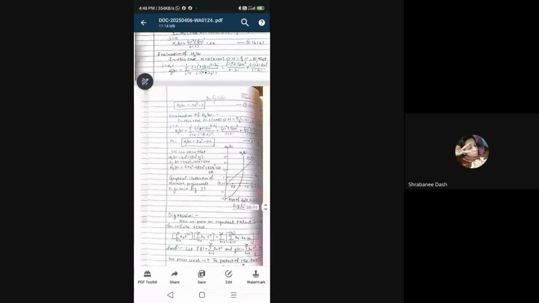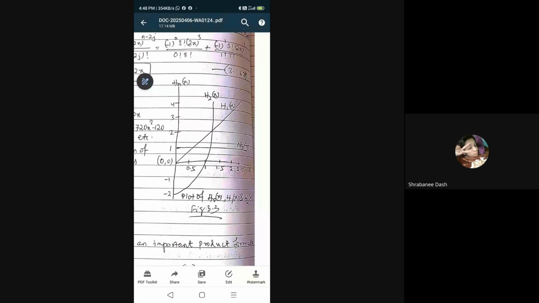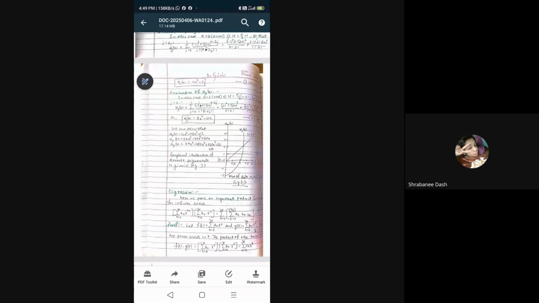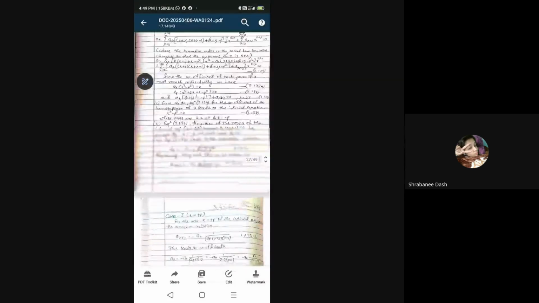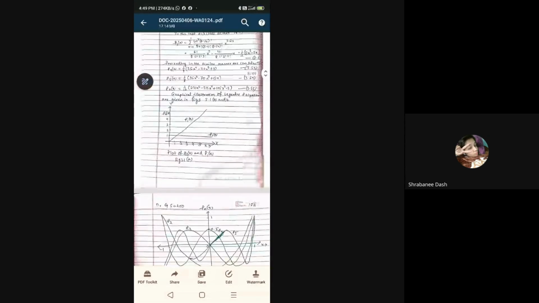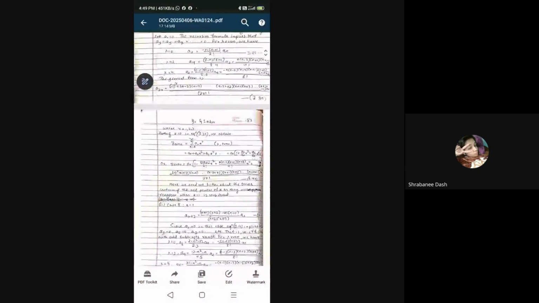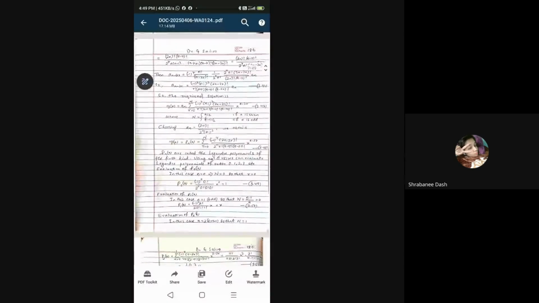So this can be presented in a graphical form. Your H1 is an increasing linear curve, a straight line. H0 is also a straight line, but H2 is a non-linear curve. Okay, so this is all about your polynomial. Similarly, you have polynomials for other differential equations when you solve them. Then the next thing is your